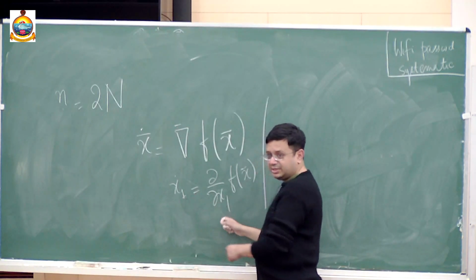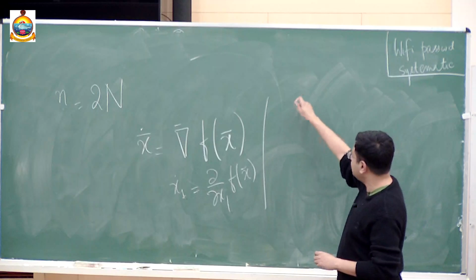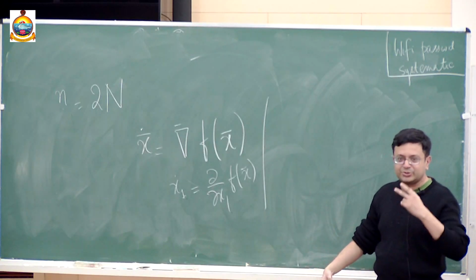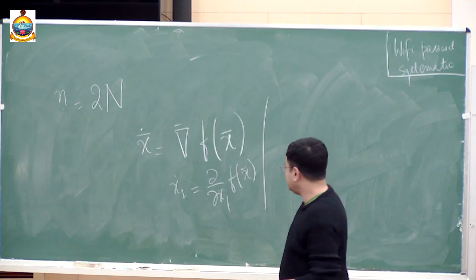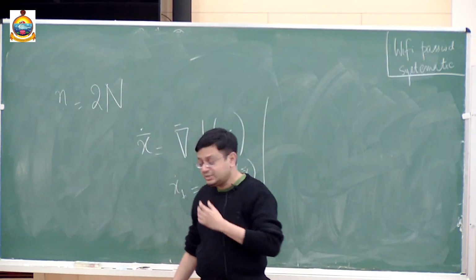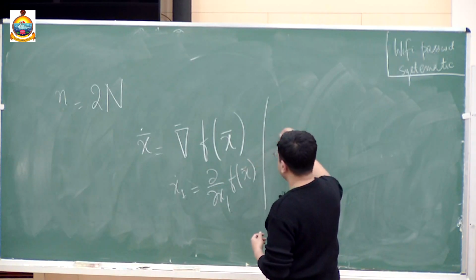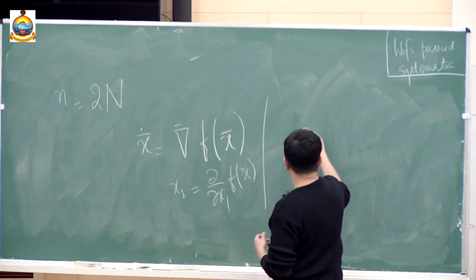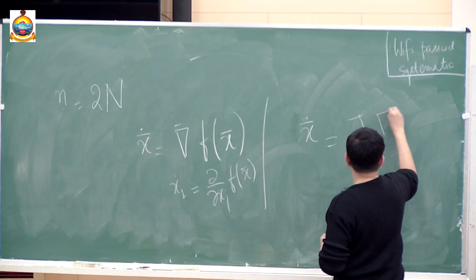So it is 1 here, it is 1 there, and so on. But for a Hamiltonian system, it is kind of twisted: if you want to know the derivatives of the q's, you have to take the derivative with respect to the p. If you want to know the derivative of the p, you have to differentiate with respect to the q. So it is kind of twisted, and that can be expressed as what is known as a symplectic matrix. So for a Hamiltonian system, you can write down the dynamical equations in the following form. So there is a matrix